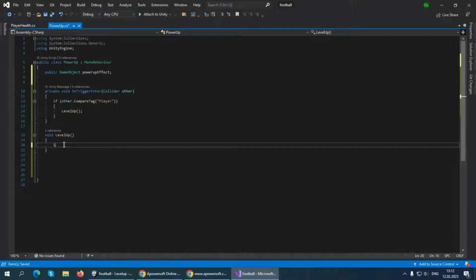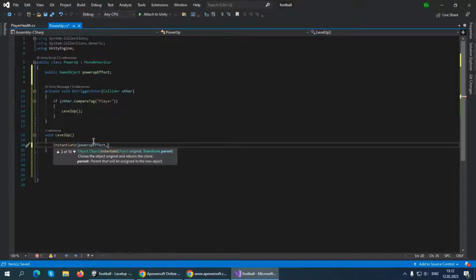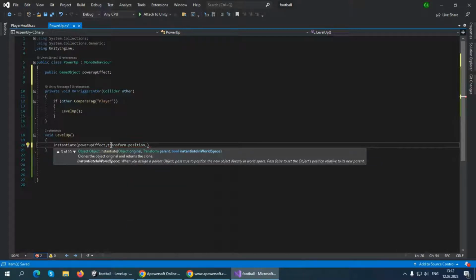We can delete it. Instead, we're gonna use Instantiate, and this Instantiate is just how we can create some kind of game object in our world, in our scene. And it needs a few parameters in order to work. First, we need to say what we're gonna instantiate. We want to instantiate our powerUpEffect. We're gonna do it in our object's position. So we can say transform.position,